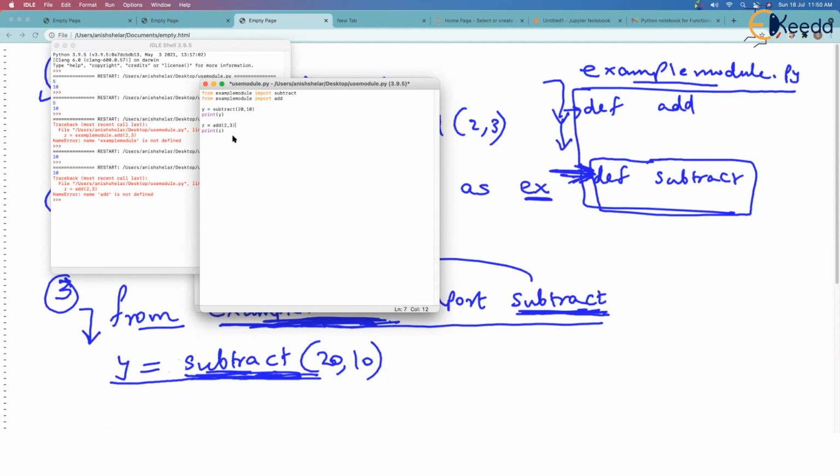But then you will say, sir, if you wanted to import both the functions, why don't you simply say import example module? Please try to understand, the example module in our case contains only 2 functions. But what if this example module has 10 functions and we want to import only 2 out of them? Then we will be writing this. Out of 10 functions, maybe that example module has multiply, divide, raise to, many functions, and we want to use only subtract and add, then we will write it like this. And you see how comfortably we can call add now.